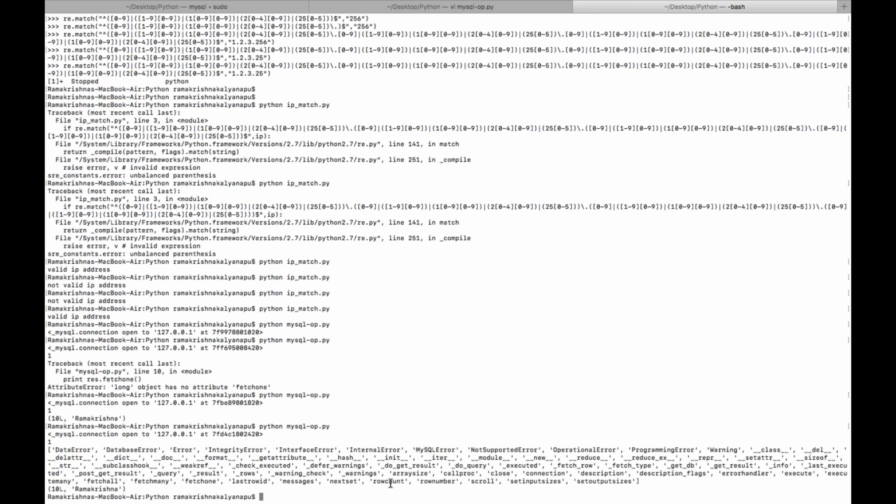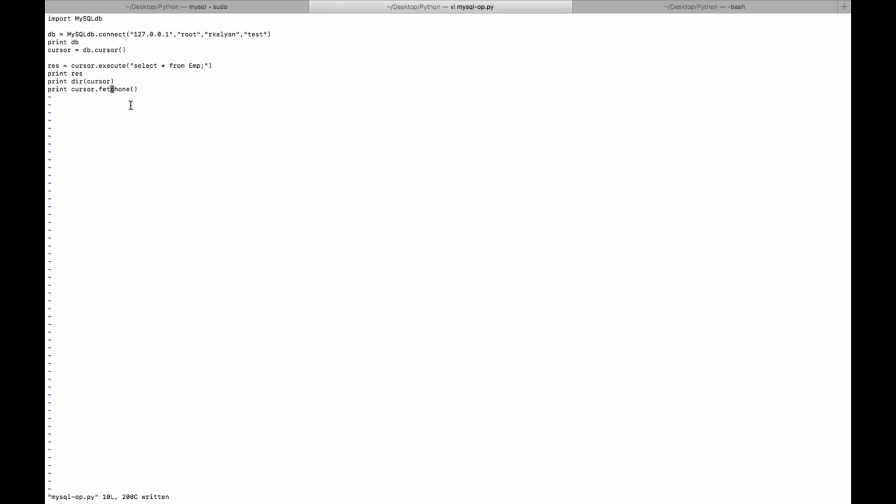Apart from all these, we have the close method, fetchall, fetchone, rowcount and rownumber. These are the methods we'll use mostly. So fetchone will fetch one row of data. If you specify fetchall, so cursor dot fetchall,